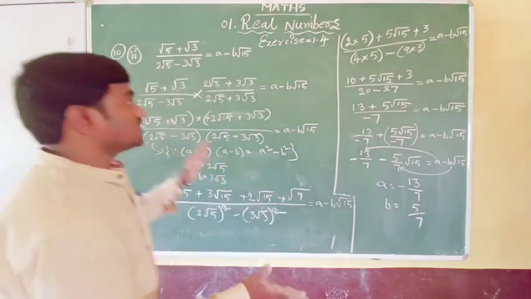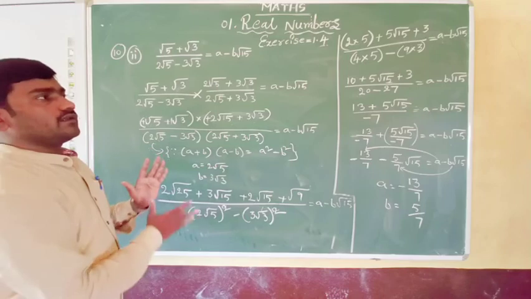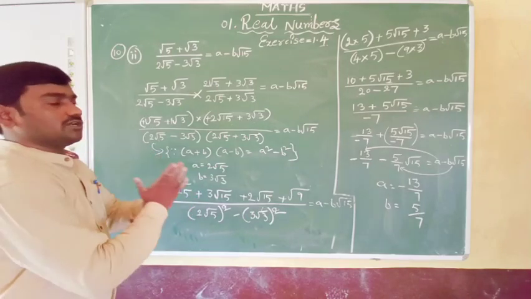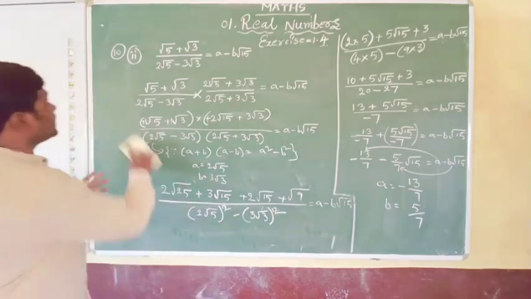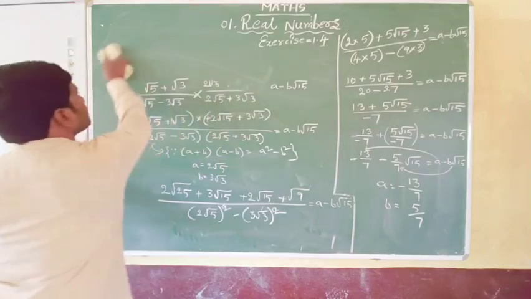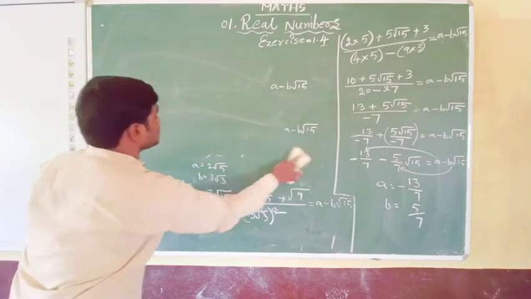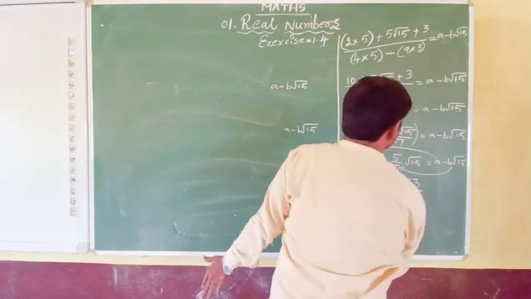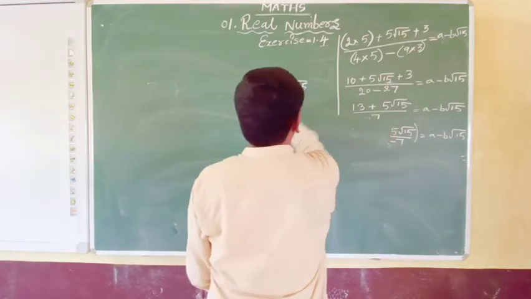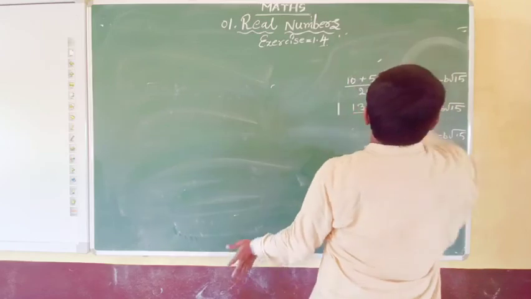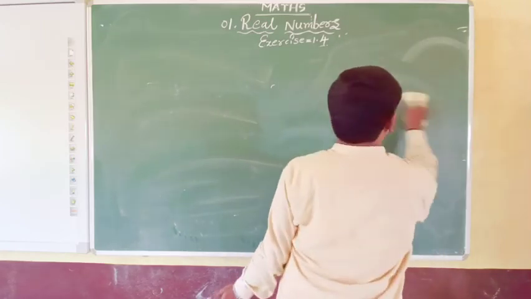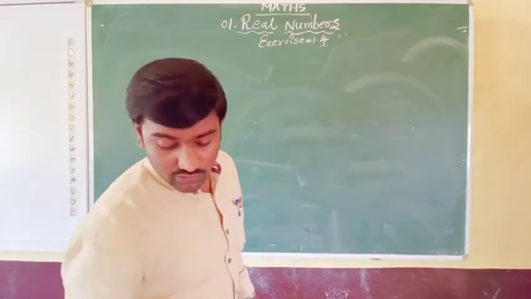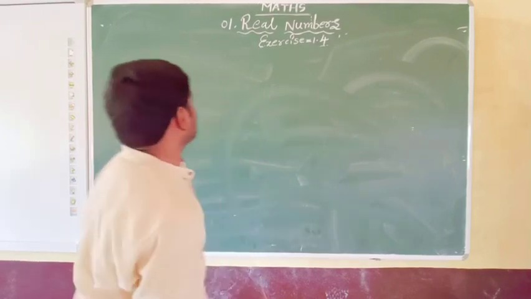I hope you understood this problem. See, very easy if you go step by step. If you go step by step, it is very easy. And we have the last question, the very last question of this exercise. With this, we can complete this exercise and also this chapter. It is a very important exercise in this first chapter actually. In this exercise only we will learn the maximum basics actually.